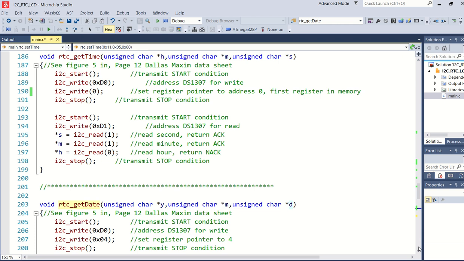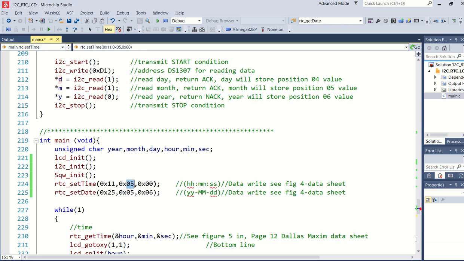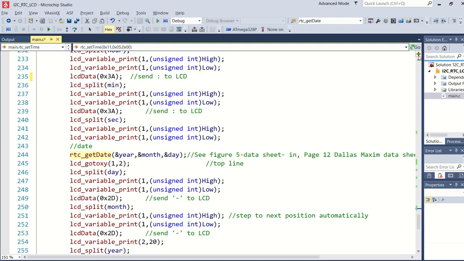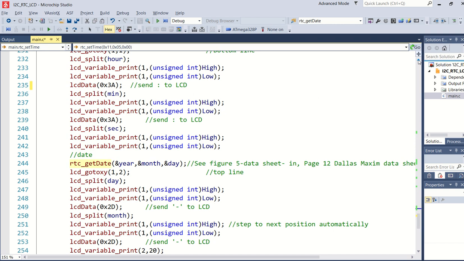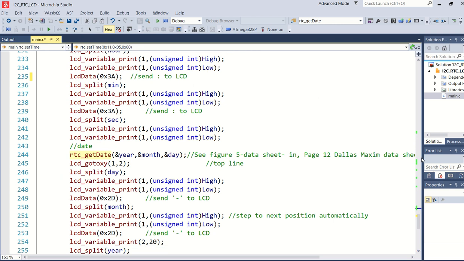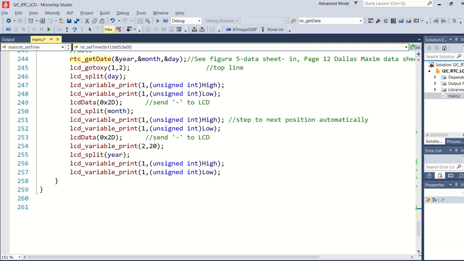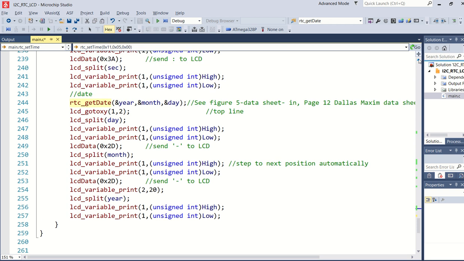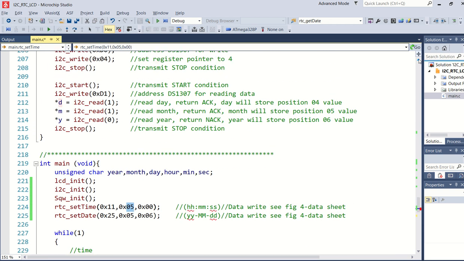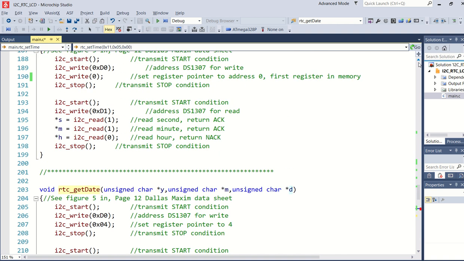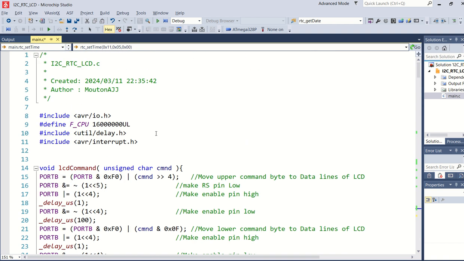186 to 208. 209 up to 231 is clear. 232, I must maybe bring in here. There you go. 232 to 254. And from 254 downwards. So now the whole program is clear if you want to reproduce the specific program. So I've given you the whole program that I've written here.